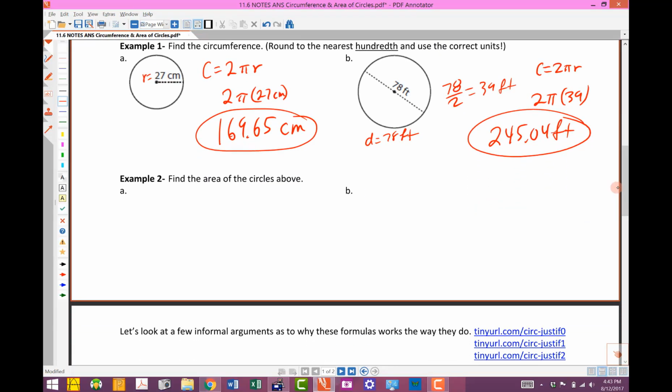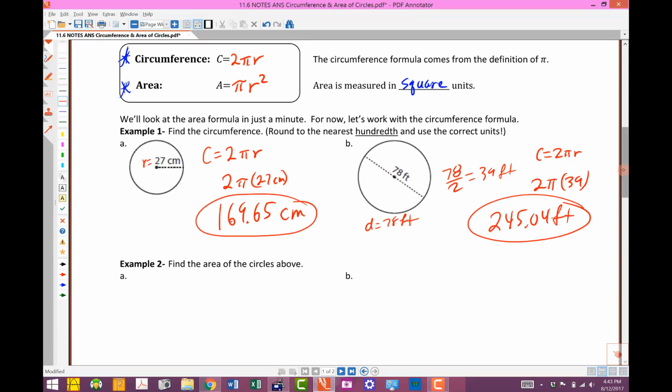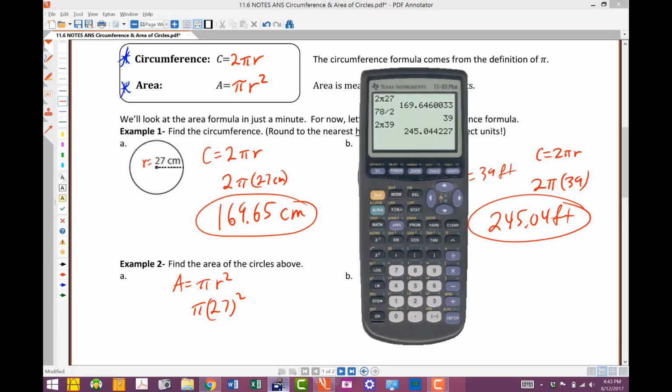Okay. It says find the area of the 2 circles above. So I'm going to write down the formula. Area equals pi and then r squared. So on this one it's going to be pi and the radius is 27. Now I'm going to put that in parentheses and square it. So on the calculator, here's what we're going to do. We're going to do pi. So pull up the pi button or hit that. And then we're going to do 27 squared. So there's the squaring button on this particular calculator. Yours may be just a little bit different, so we're going to square that, and we end up with